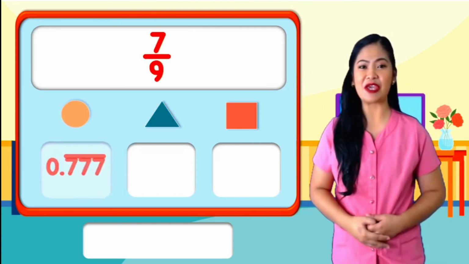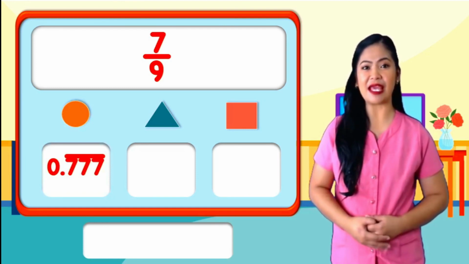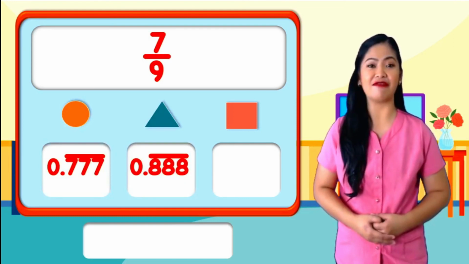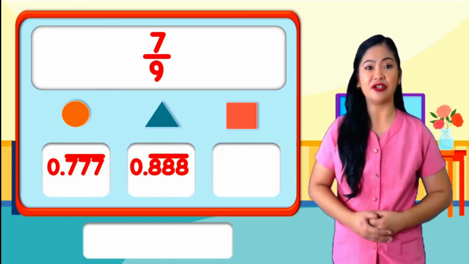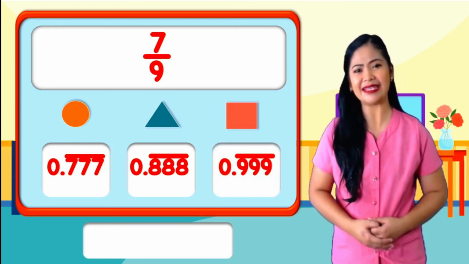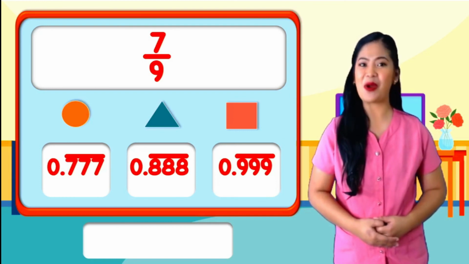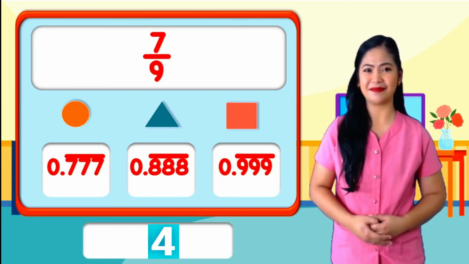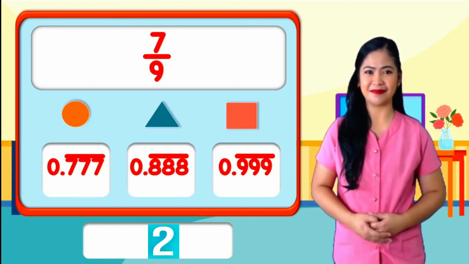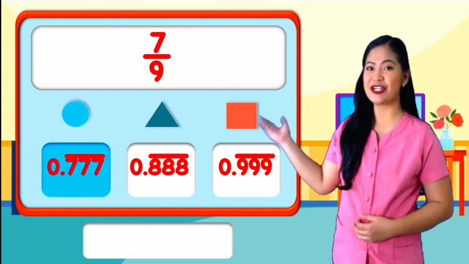Next, what is the decimal form of 7/9? For circle, you have 0.777 repeating. For triangle, you have 0.888 repeating. And for square, you have 0.999 repeating. Is it circle, triangle, or square? The correct answer is circle,